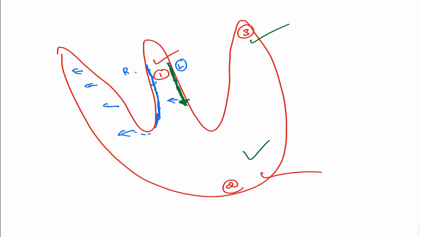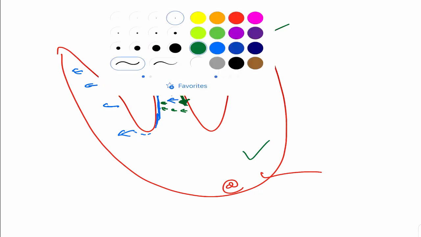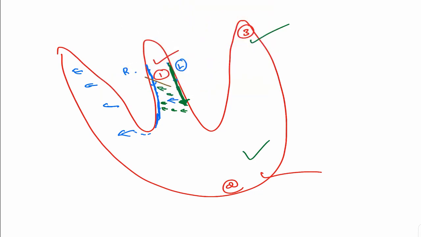So now, where will the vector be starting? Where will the current be flowing? From here to here, isn't it? It will just flow in this direction. So the vector for this will have what direction? I'm drawing this one. The vector for this is like this. Okay, so the vector for the septal depolarization is like this, because it's coming from the left side going upwards. It's the septal depolarization.